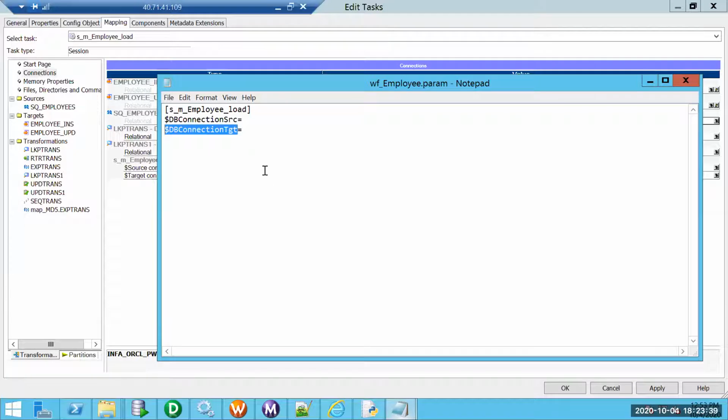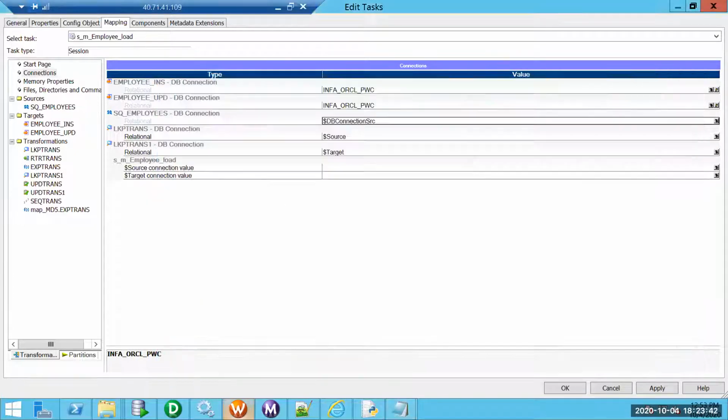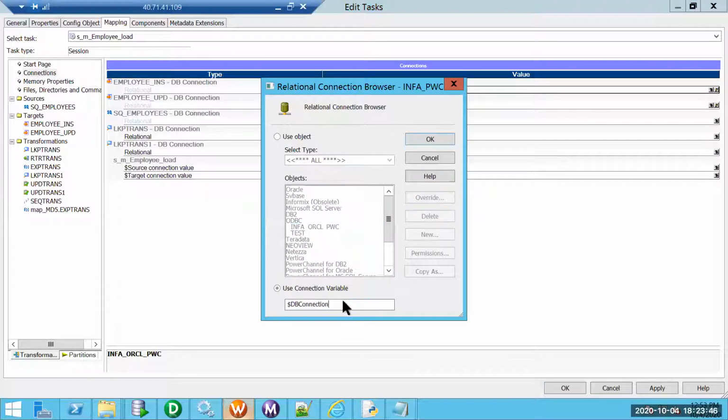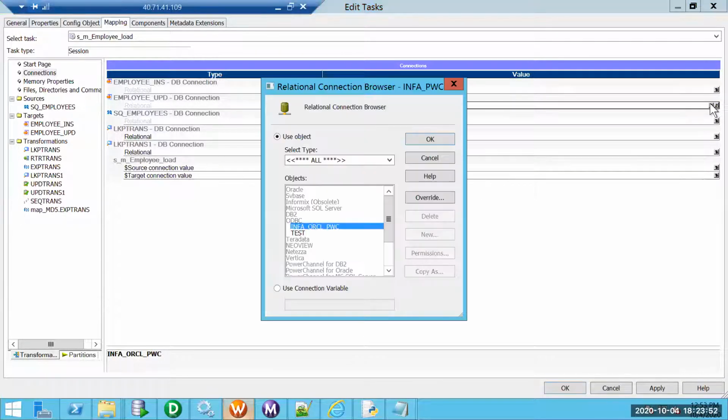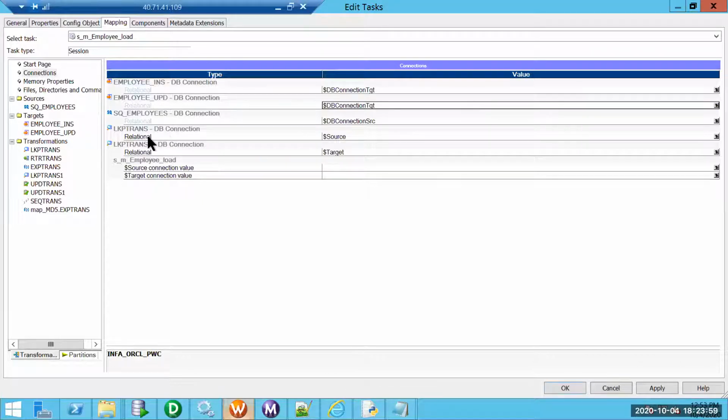One is meant for source and another is meant for target. So these two are targets, employee insert and employee update. I am defining the parameter values. Now we have two transformations.